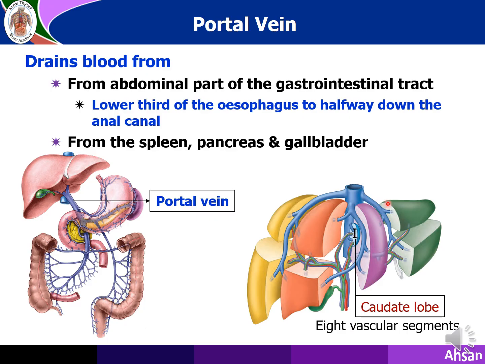Then the lower pattern is distributed along the clockwise pattern. So this is the 2, 3, 4, 5, 6, 7, and 8. So these are the vascular segments of the liver. From there, you see the veins are draining. There may be some multiple exit, but usually single exit, fused together with the adjacent lobe and forming a larger hepatic vein. Usually 3 hepatic veins are visible. This number varies, may be more, may be less.